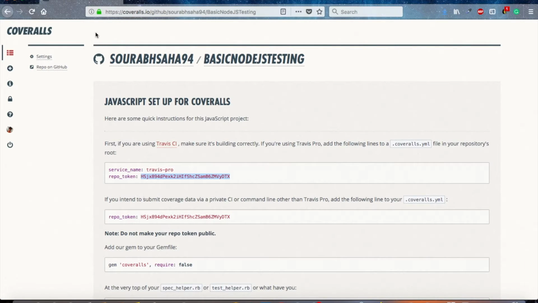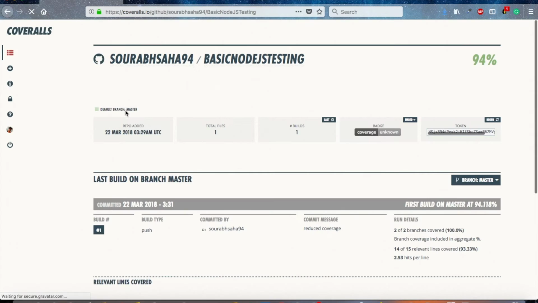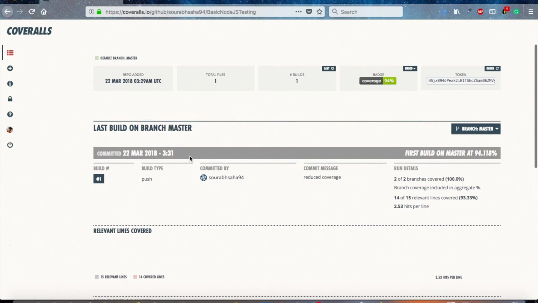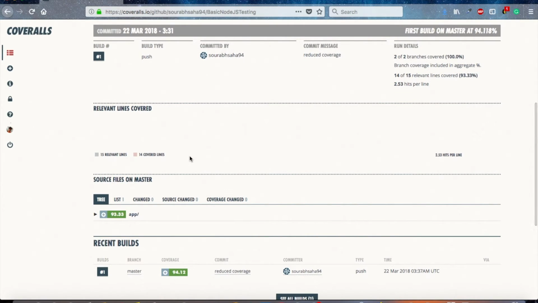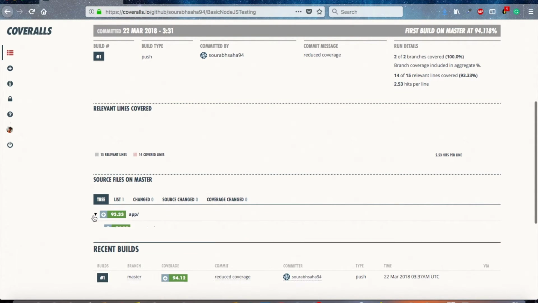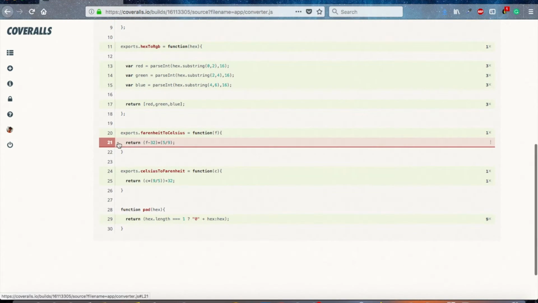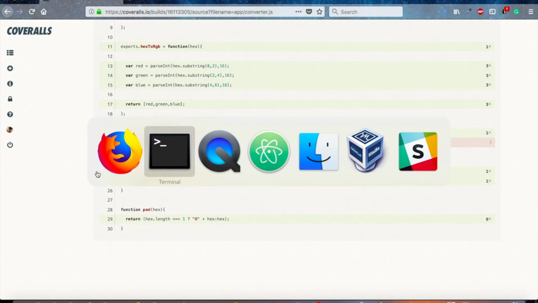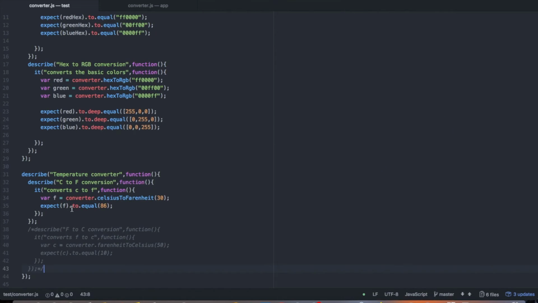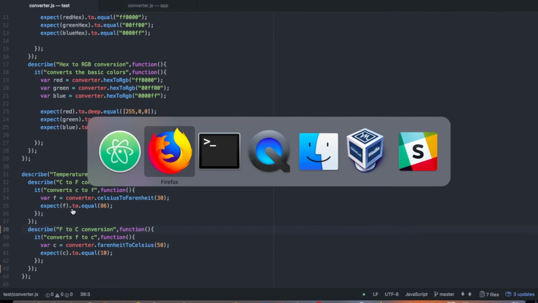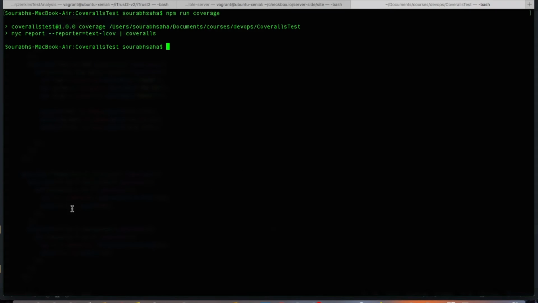So that has executed successfully, and if I refresh the page, you can see that the coverage report is 94% and it shows the relevant lines uncovered. And if you click on the file, it will show you exactly which line has not been covered, which is line number 21. So now let me go back and uncomment the tests so I can show you successfully executing